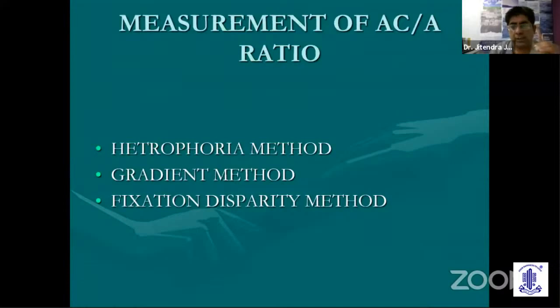So we would take a small break from esotropia, and we will try to see how to measure AC by A ratio, because it is very important at postgraduate level. AC by A ratio is actually accommodative convergence divided by accommodation, which means that every unit of accommodation causes an amount of convergence in terms of accommodative convergence, because we know that convergence could be proximal, fusional, or accommodative. So we have to see in this particular thing what the accommodative convergence is.